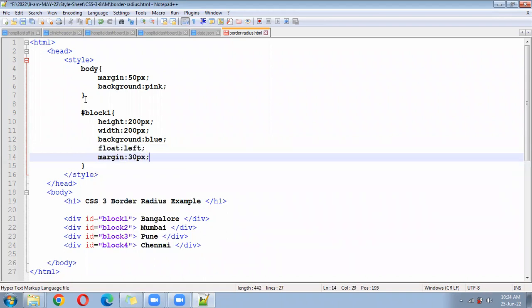So height will be 200, width will be 200, background will be blue color, float will be left, and between two the gap will be leaving to each other. Okay. Next after that